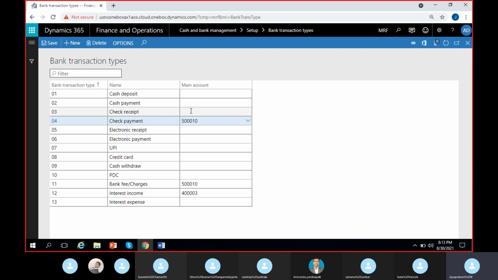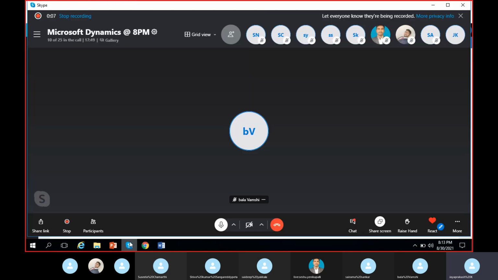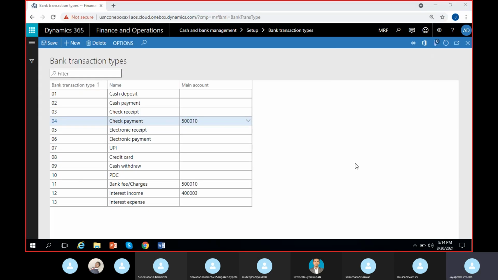So clear about this? Any confusion in this part? Anyone? Let me know if Bala, Sairam, Seshu. So